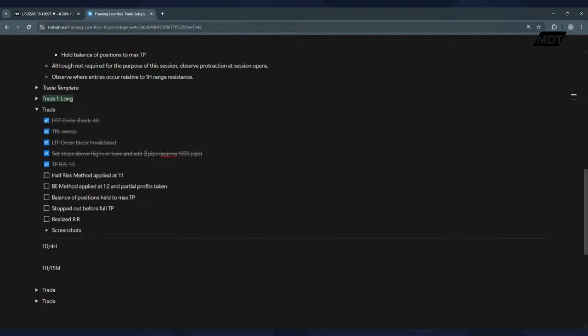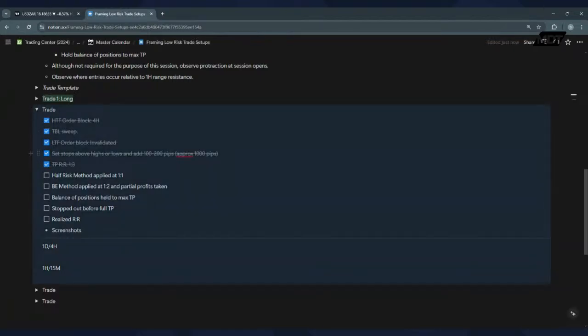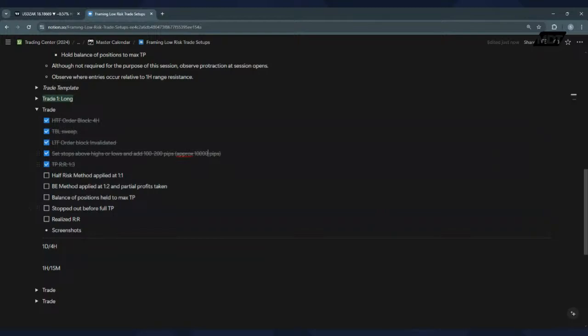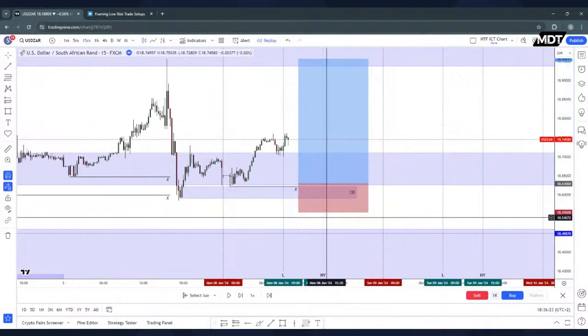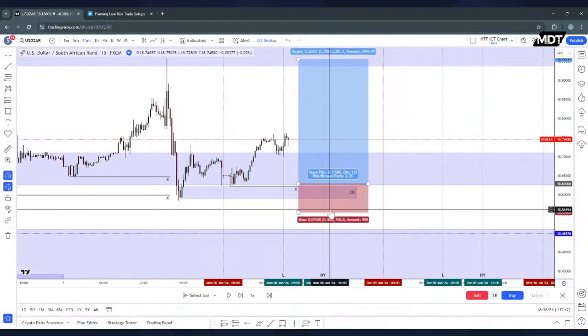So I think like my entry, I'll just add, let's say 100 to 200, depending on what's necessary. But a 10,000 per max. Well, it's actually 1,000 max for the stop loss should be more than enough, because we also want to do what's relevant and not just follow the book blindly.